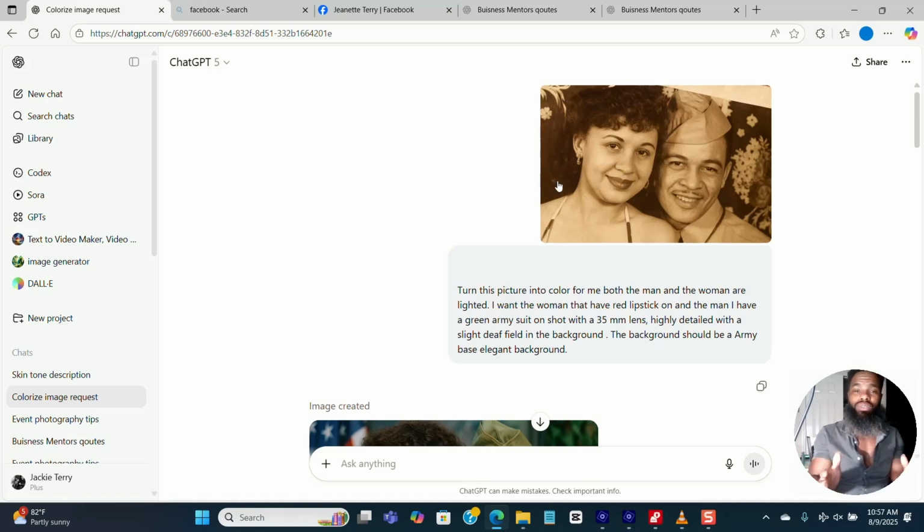So all you have to do, it's pretty simple. Look at my prompt, right? All I said was turn this picture into color for me, both. I'm enabling ChatGPT on what to do. Both the men and the women are light skinned, and I just put lighted, they know what I mean. I want the woman to have red lipstick and the man to have a green army suit, shot with a